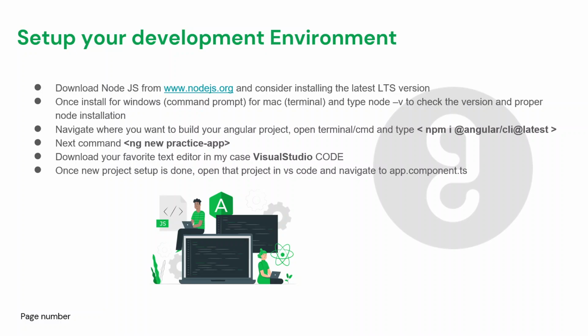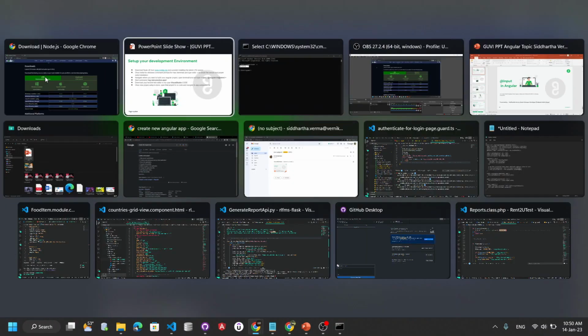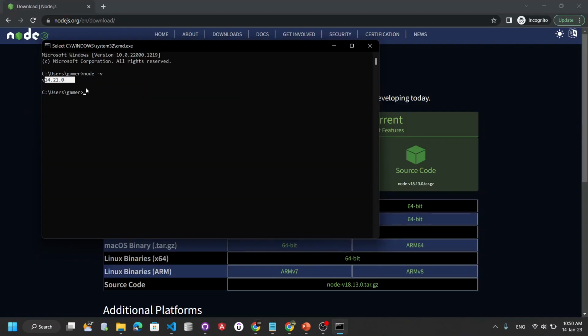Now, once you have done this, I recommend you just open up your terminal and type npm install @angular/cli. This will install your Angular CLI. This command will install the latest CLI version, which is the command line interface for Angular, where all the commands related to Angular will work. So this will install Angular on your system, and then you can just enjoy whatever commands we will follow